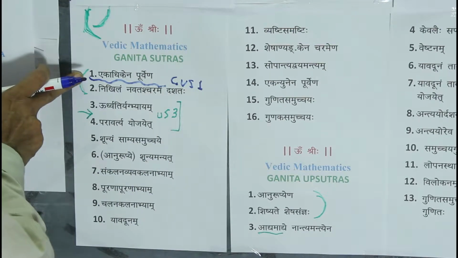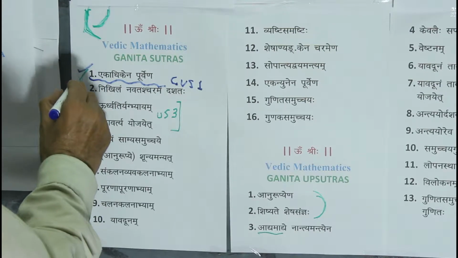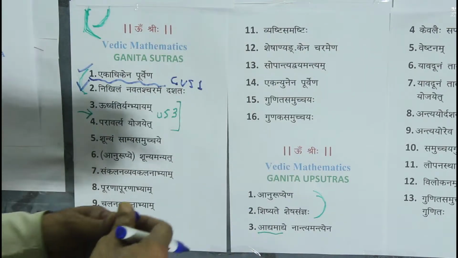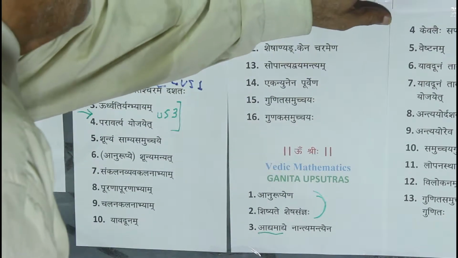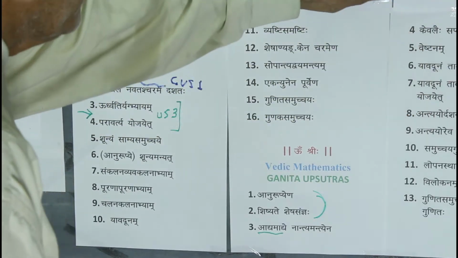This bridging of the gap of Ganita Sutra 1 and Ganita Sutra 2 in this particular context amounts to bridging the gap from dimonad format to a trimonad format. So transition